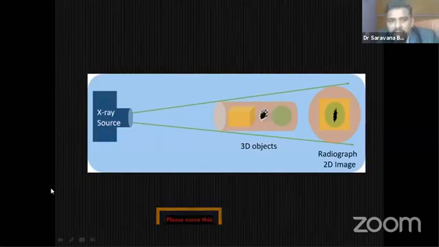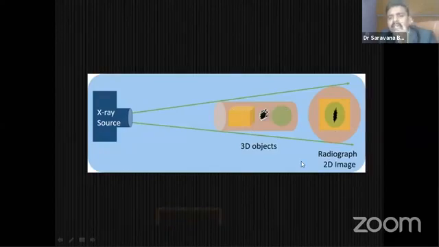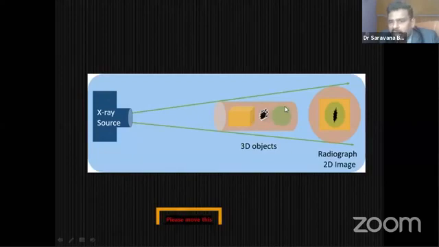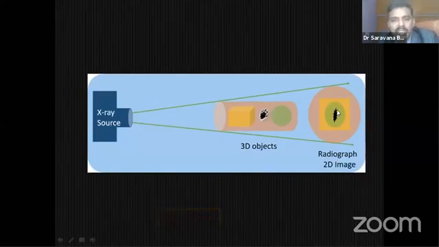Okay, look at this picture, just a 2D image. This is the X-ray source. Look at this object. There is an abnormality here, we can call it a neoplasm or something. The black one is the abnormality. This green object we can assume is some other bone, and this yellow one is some other bone. Your abnormality is placed in between two different dense bones. In a two-dimensional imaging modality, your abnormality or area of interest will get superimposed by the bone present in front and back.